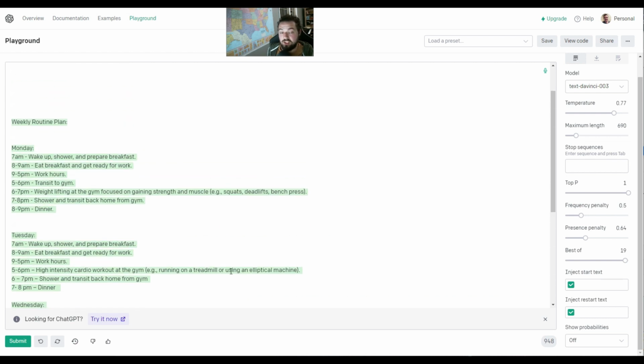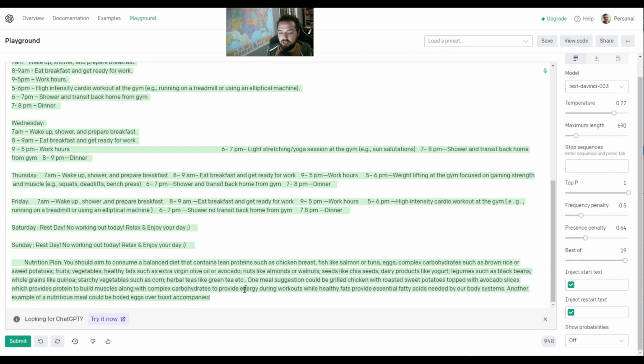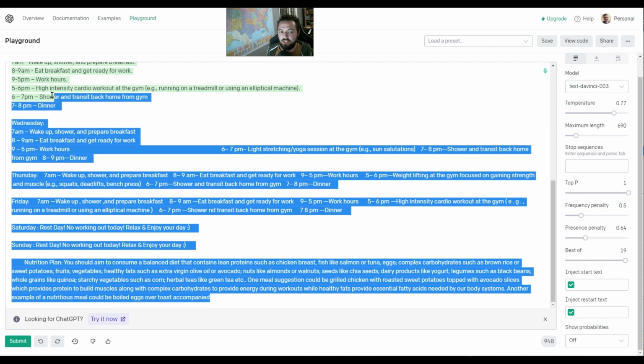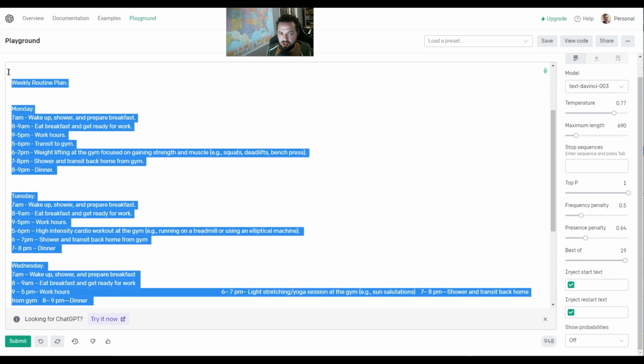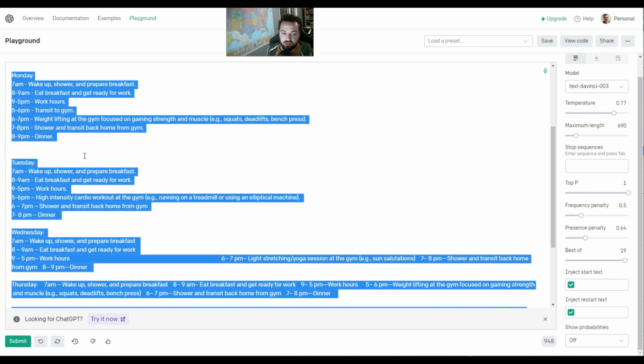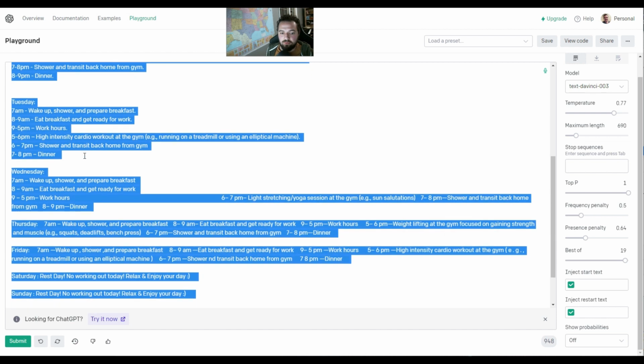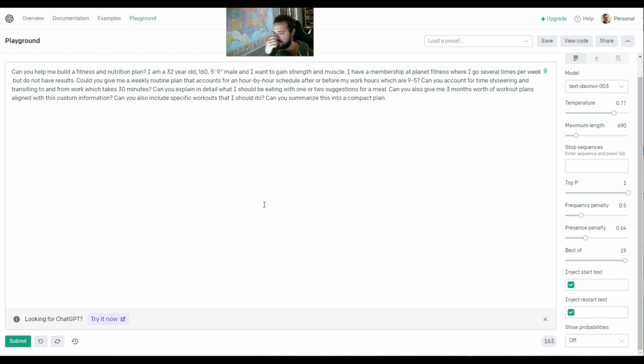And what we could do separately is we could ask it for a nutrition plan that has a full outline of what meals should be given. So we could say that this is good. Right, we could say that we like this, or we could combine some of the output, and we could say,